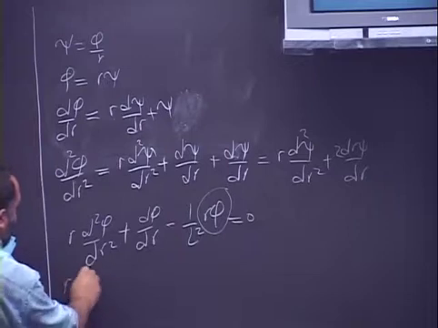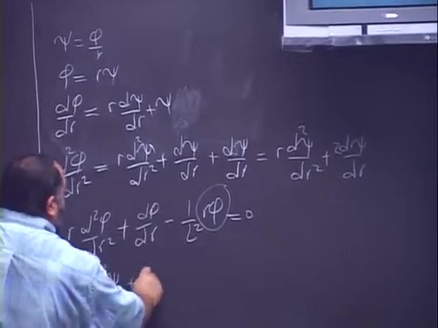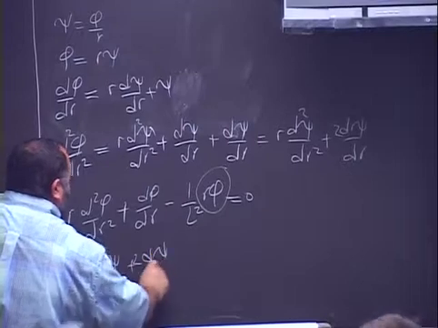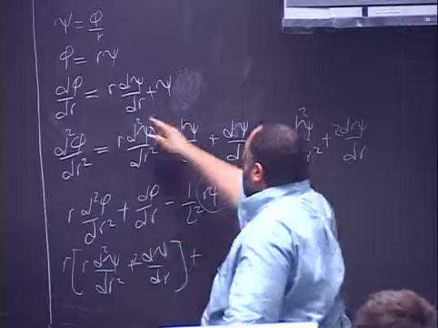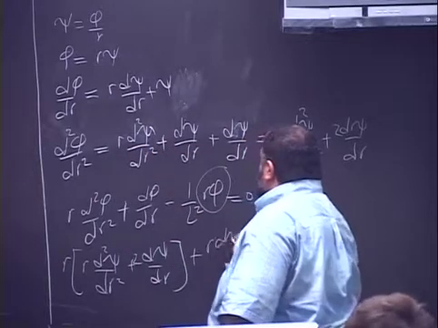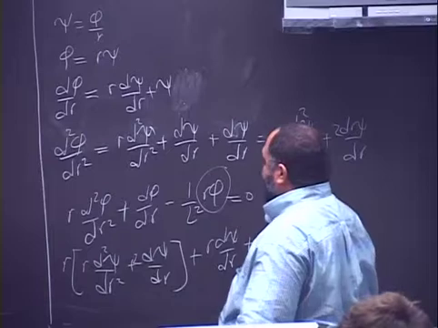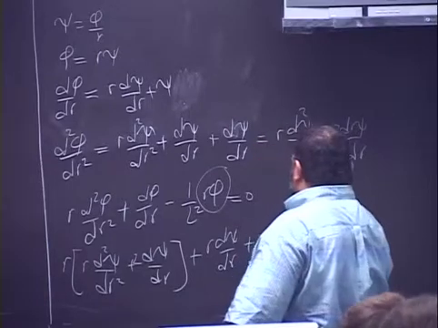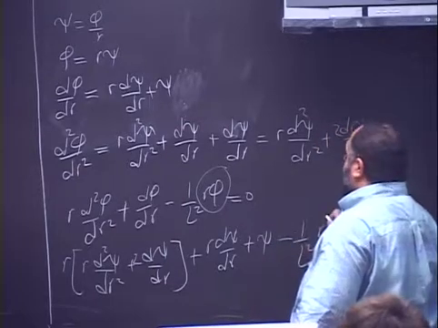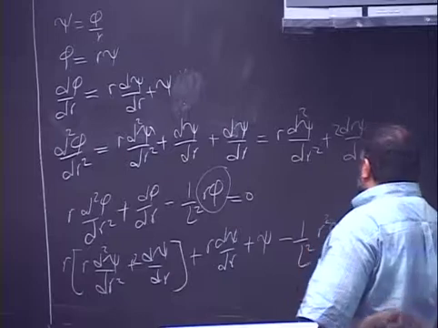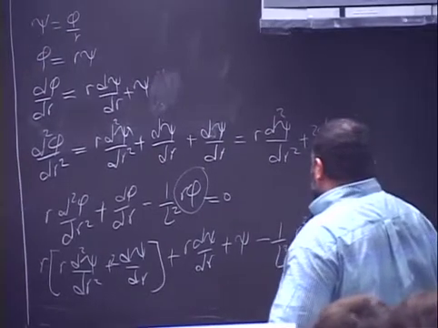This will give you r multiplied by r d2 psi by dr square plus 2 d psi by dr plus d phi by dr is nothing more than r d psi by dr plus psi, minus 1 over L square multiplied by r, and phi is nothing more than r psi, so this will be r square psi equal to 0. Then, to simplify it,